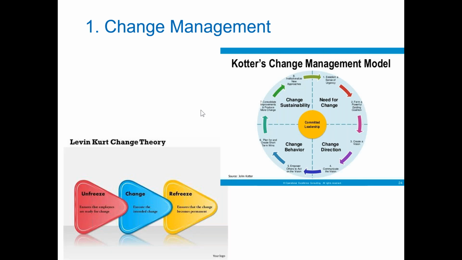Now, if you look at change management, and let's look at the tools now, 1 through 17. Change management here, and all I did, because it doesn't matter in my mind which change management model you want to use, here is Kotter's change management model. Certainly, we see the need for change. We change the direction. We change the behavior. Here is the old concept of change what you do, and it will change the behavior and the culture of the organization. And then you change the sustainability, and that is the ongoing cycle here for those of you who are aware of Kotter's model.